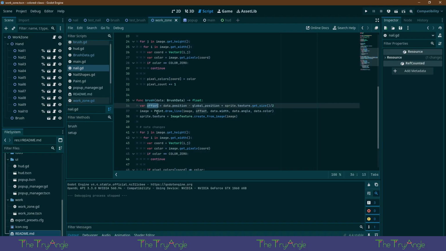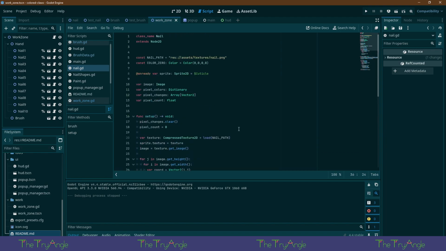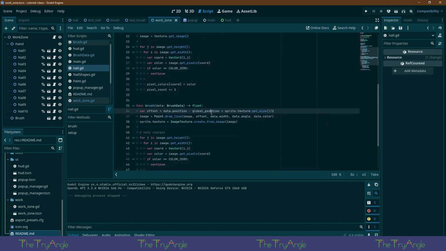Oh, offset. Texture get size. Half. What is this? Global position.